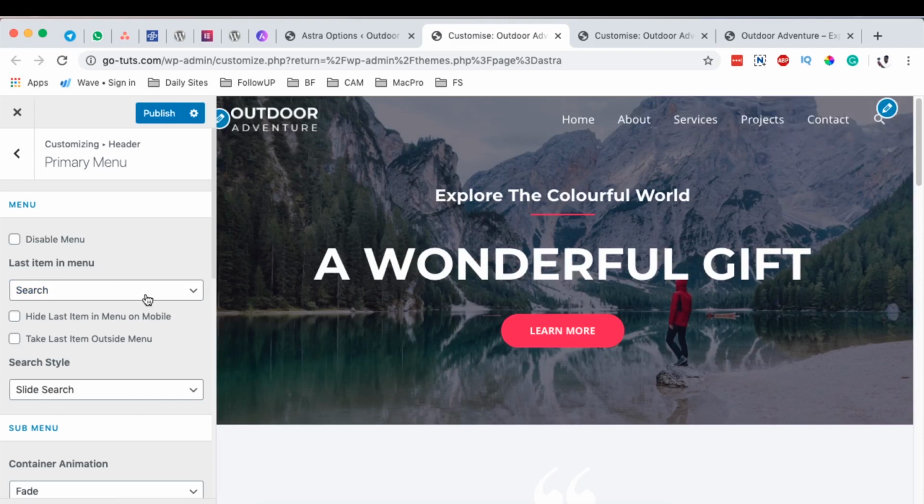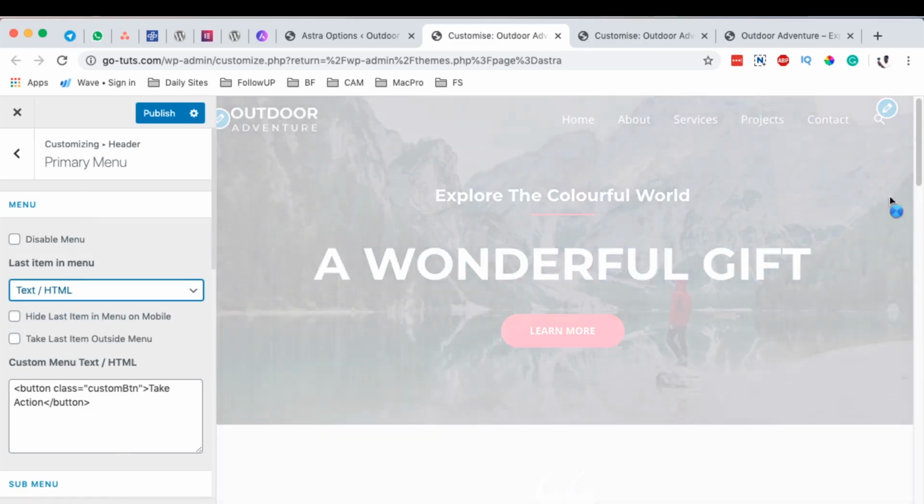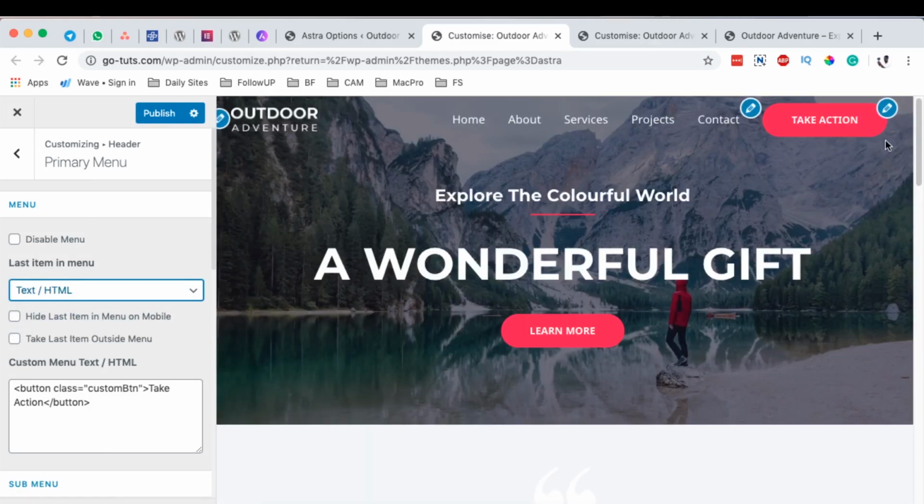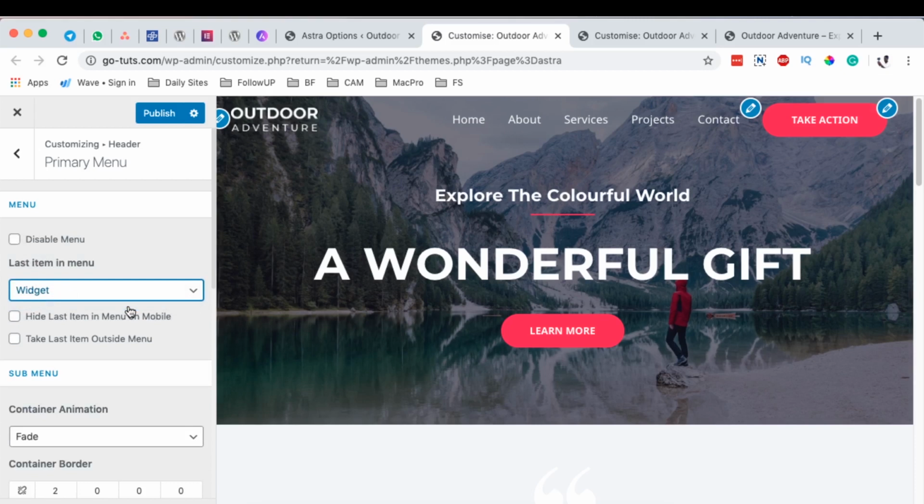Okay, or if you want to use an HTML or a text, you simply can assign that over here, and once you assign it, then that means that you can simply add your HTML. For example, the HTML that was added here was basically a button. Okay, now you can add anything right here that you want to show up that side, or you simply can